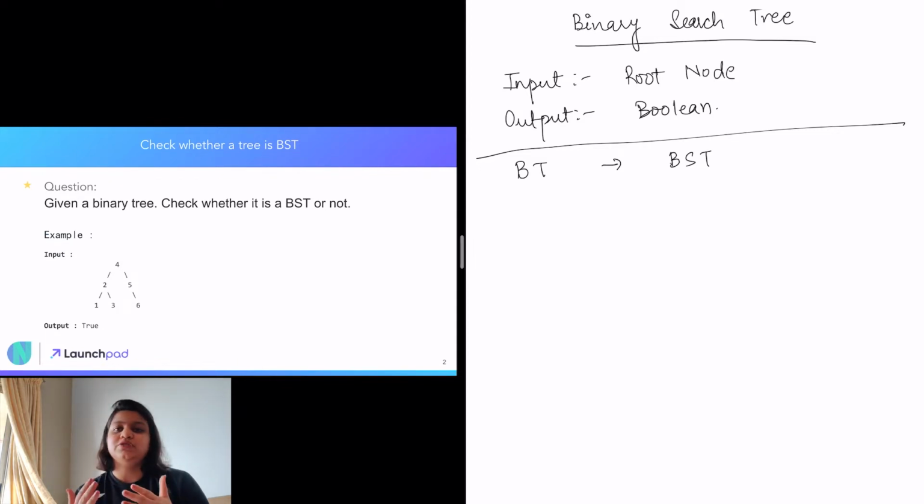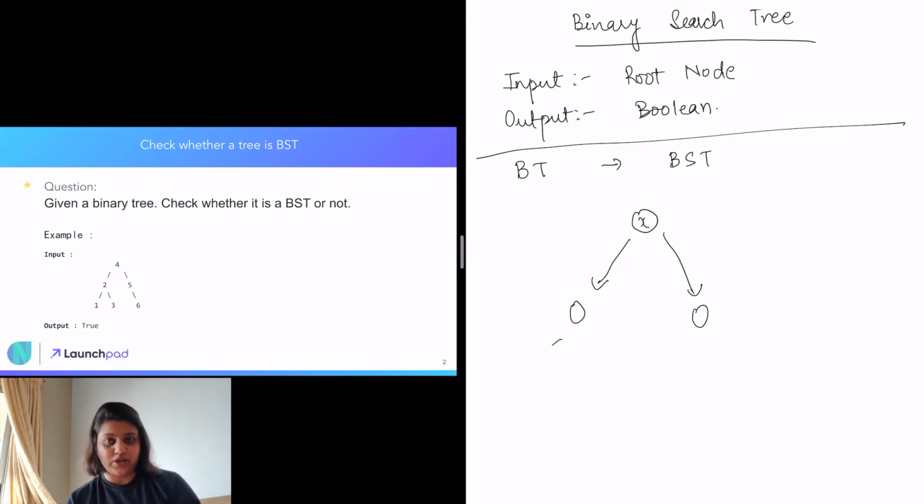While a binary tree has only a relation with the parent node, in the sense of from which parent it is originating, a binary search tree has a value restriction. So I'll tell you what. Given a node and its 2 children, suppose this node has value x.